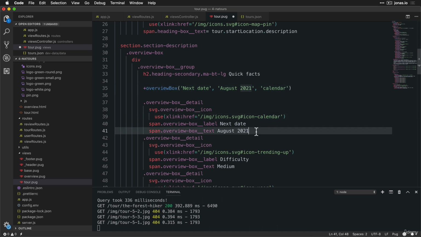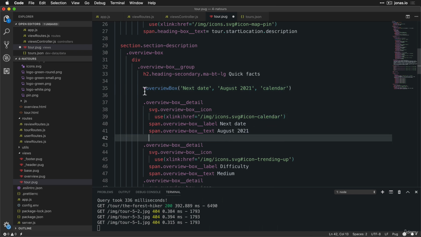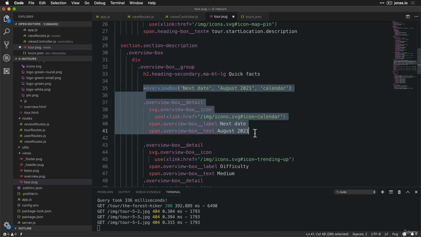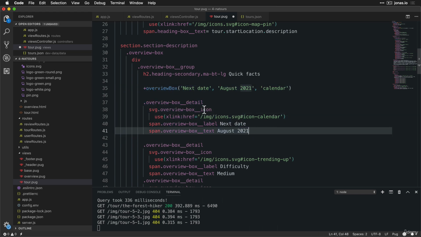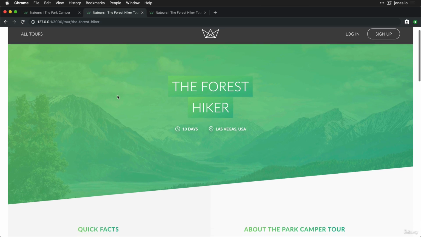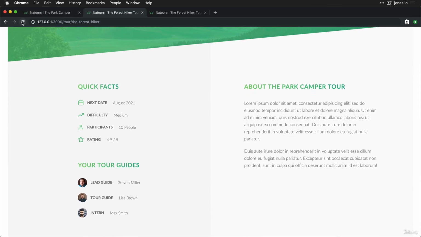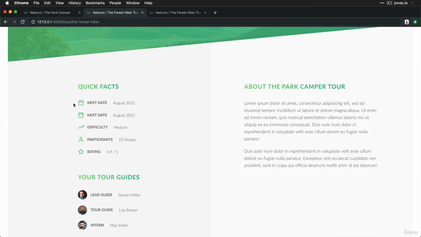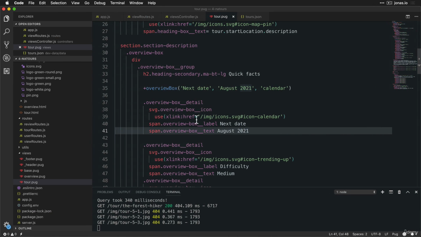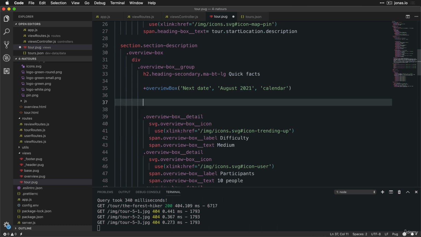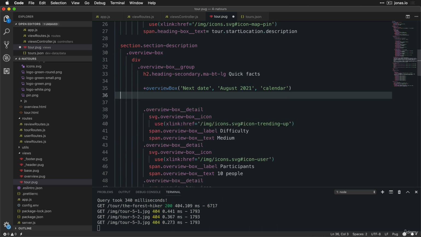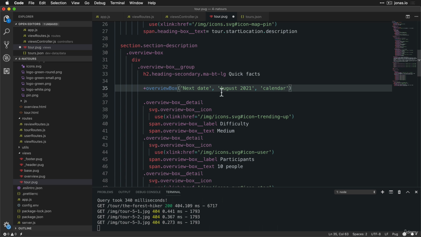And so now we should get two boxes, so this one and this one, which should look exactly the same. So let's quickly confirm that. And so then we can move on to actually use the mixin properly. And yeah, so here are our two exactly same boxes. Great. So let's get rid of this first one. And of course, then here we want the real date. Okay, and so that is at